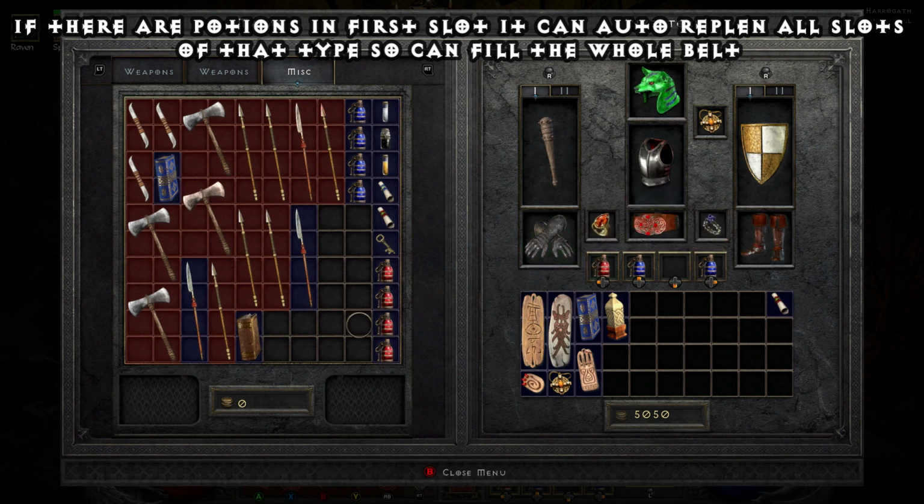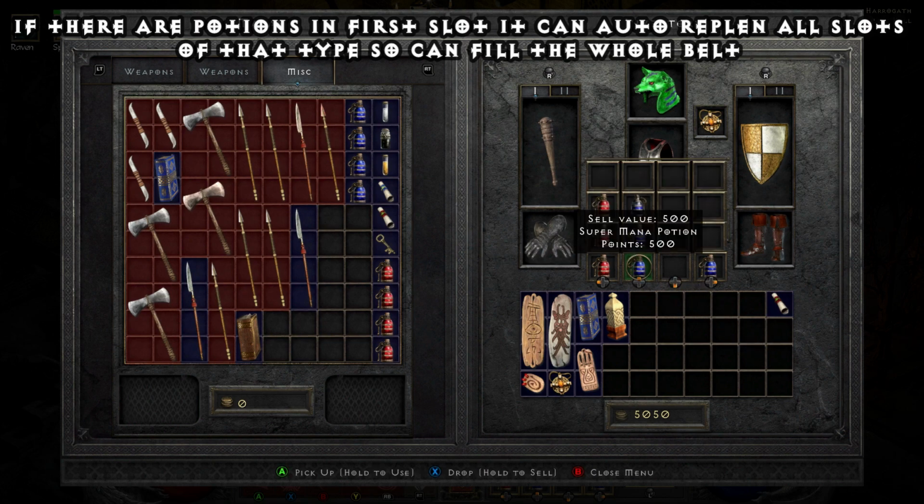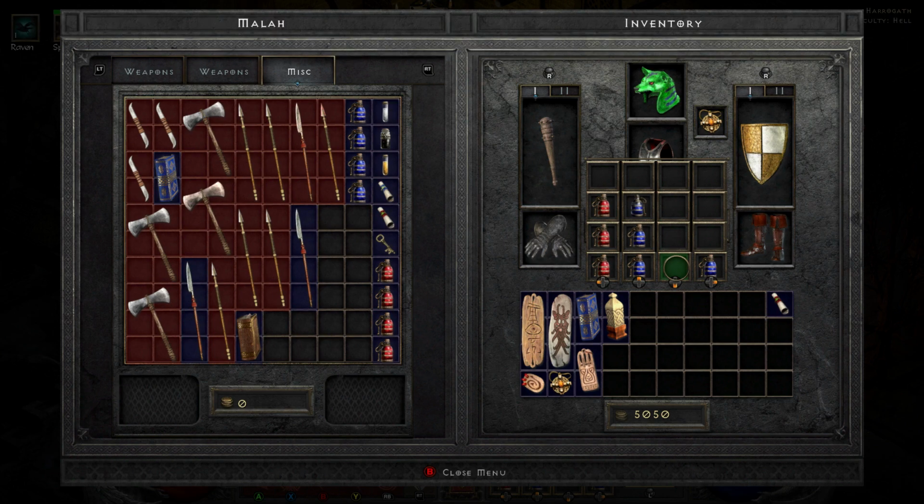Obviously a lot of times you will be doing it through the trader and such, but if you're not out of them and you have a load in your inventory and you need to replenish them really fast, just click down that right analog and it's going to replenish it all really nice and easy. Just click over to whatever section you want, but it will make things a lot easier than picking them up